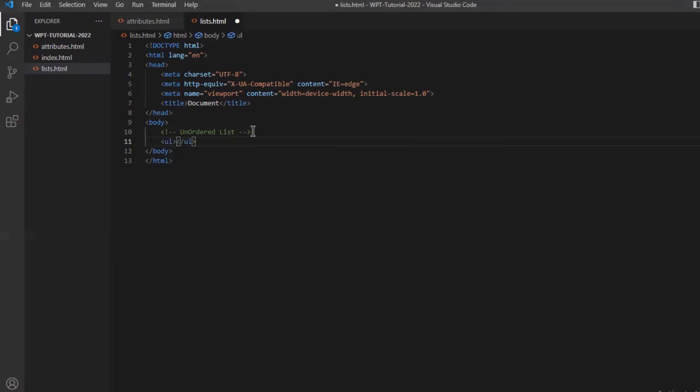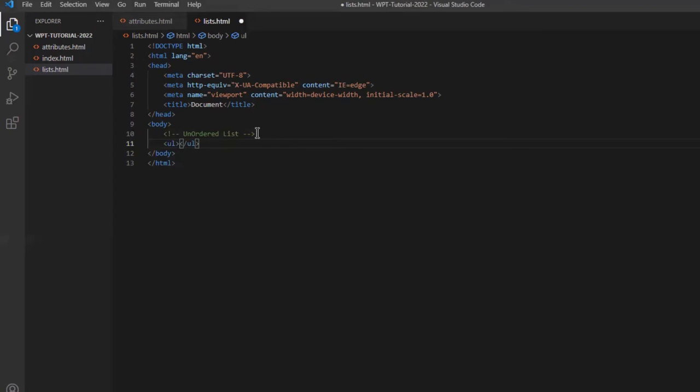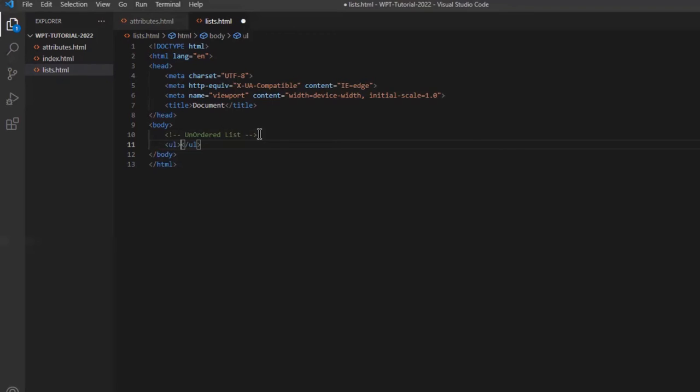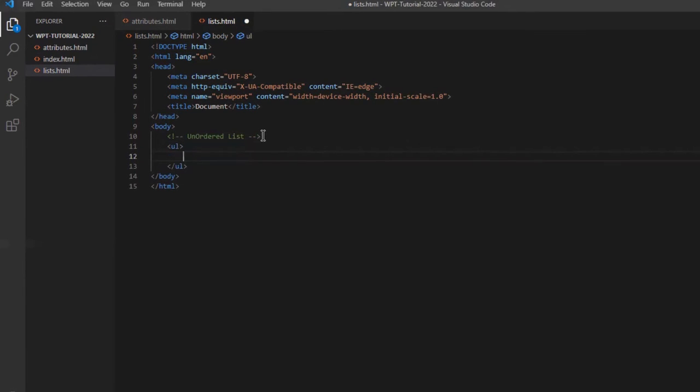All the list items you want to use will be inside this ul. In our previous class, I told you there are some tags that are allowed to be put inside another tag. The same thing applies to lists. The li tag will be put inside, in between the opening and closing ul tags. Now, if I should press enter, but before doing that,